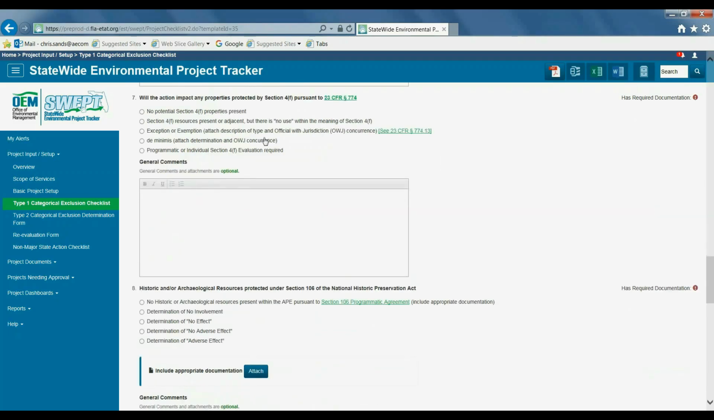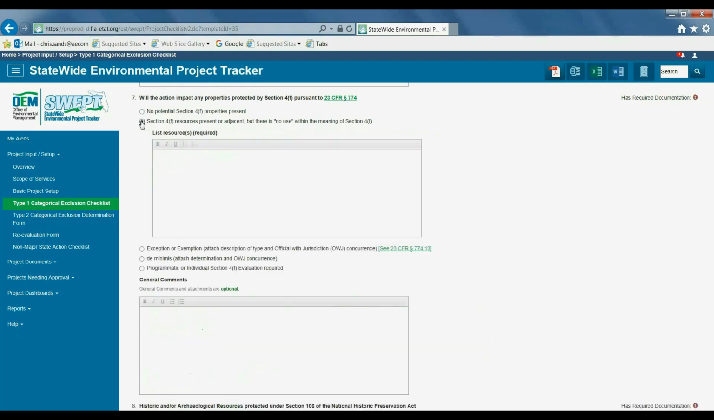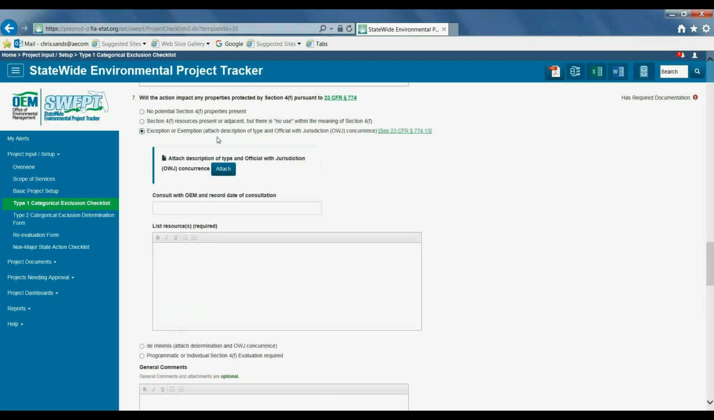Question 7 relates to properties protected by Section 4F. There's a link to the regulation for reference. The choices are no potential Section 4F properties present, or Section 4F resources present or adjacent but there is no use within the means of Section 4F, which requires a list of resources to be provided. Third choice is exception or exemption, attach description of type and official with jurisdiction concurrence. So you'll attach the file with the OWJ, consult with Office of Environmental Management and list the date of consultation